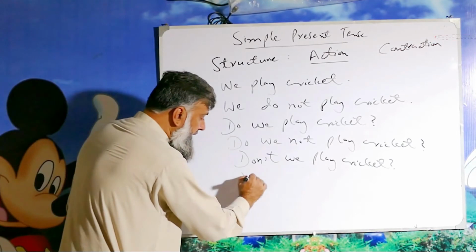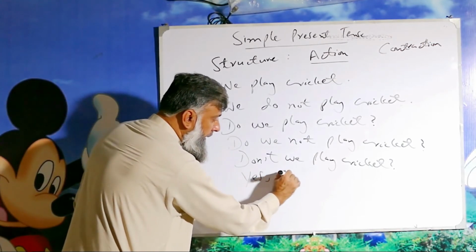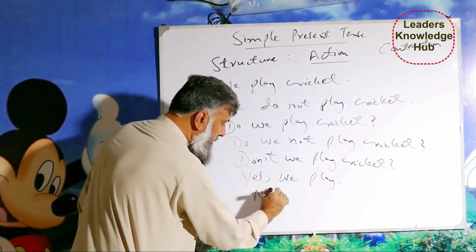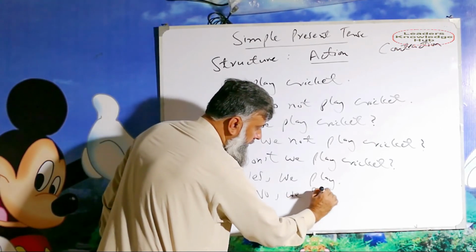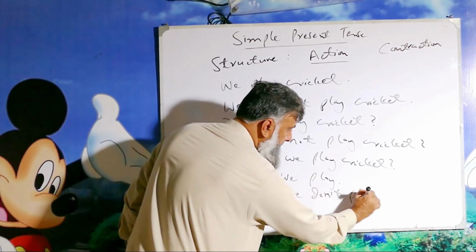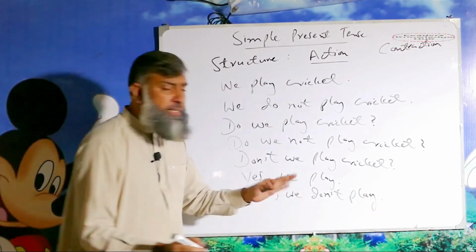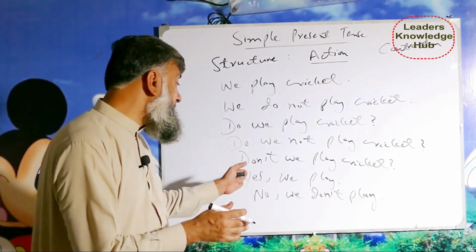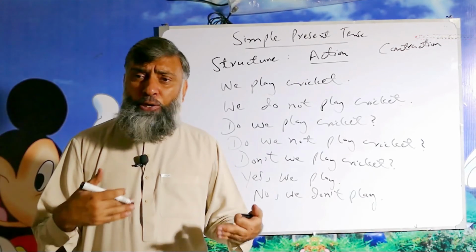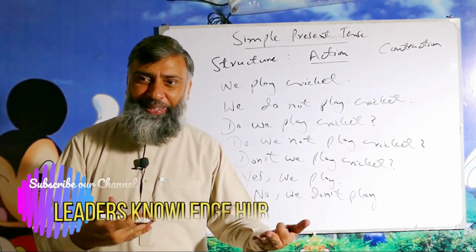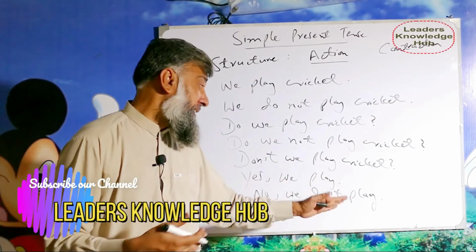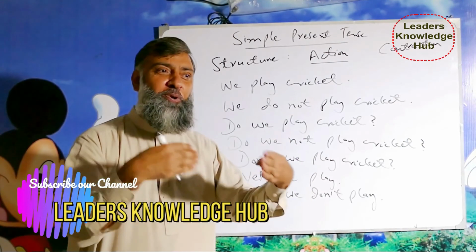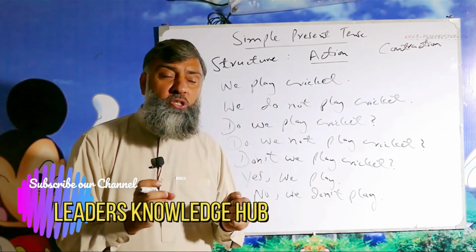And in order to answer: yes, we play, and no, we don't play. The answer is mostly in short form. Short form means that you can just say yes or no. But in order to make you understand how to answer properly, I have written yes we play, we don't play. There is no need to write a complete sentence, yes we play cricket, no we don't play cricket, because answers are mostly in short